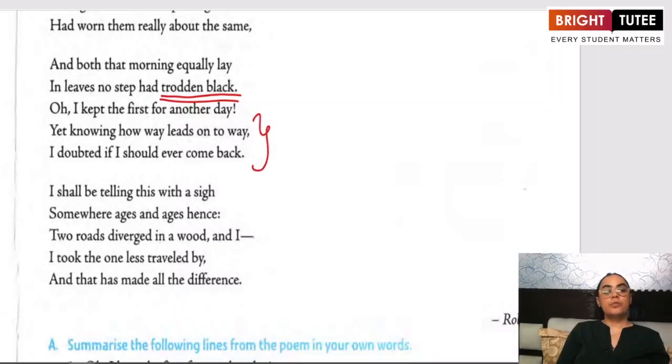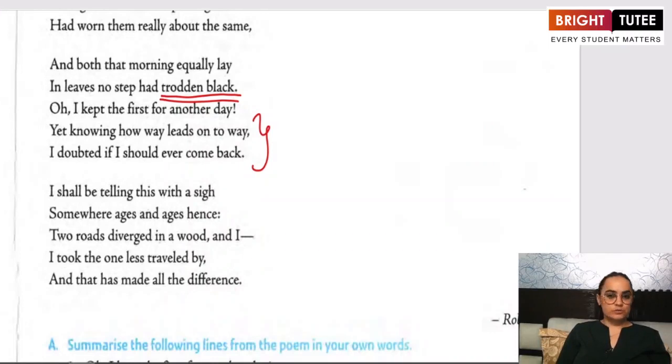Now here, the poet is basically representing, with the help of the two roads, the decisions that one makes in life. There are so many times when we have two choices that we have to choose from. We choose the best possible alternative. We choose what we feel is the best for us. And when we are making that choice, we have that nagging doubt in our mind whether we'd be able to come back or not, whether we'd be able to retrieve what all has been lost or not. And that is the doubt that everyone has when choosing something, when going for a new alternative in one's life.